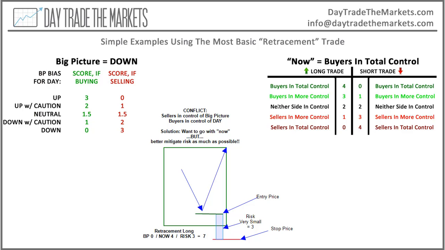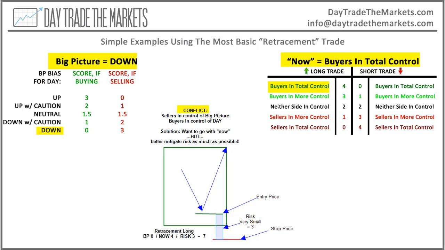But let's go through another scenario. Instead of the big picture being up, let's say that the big picture is down. And in this case, however, today the buyers are in total control. So let's say that the buyers are in total control today, but the sellers are in total control over the big picture. Okay, that's what we would call a conflict day. And so what do